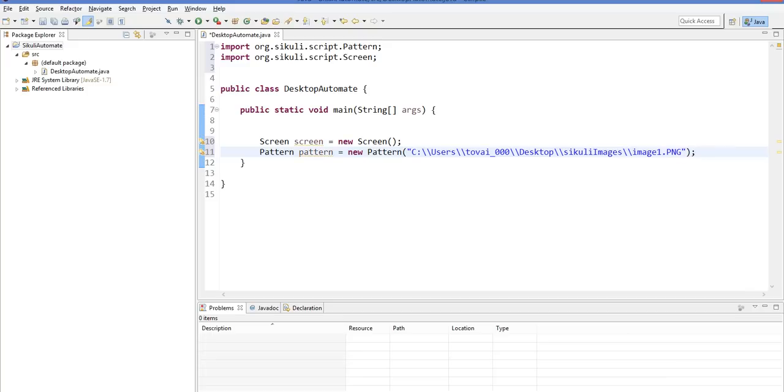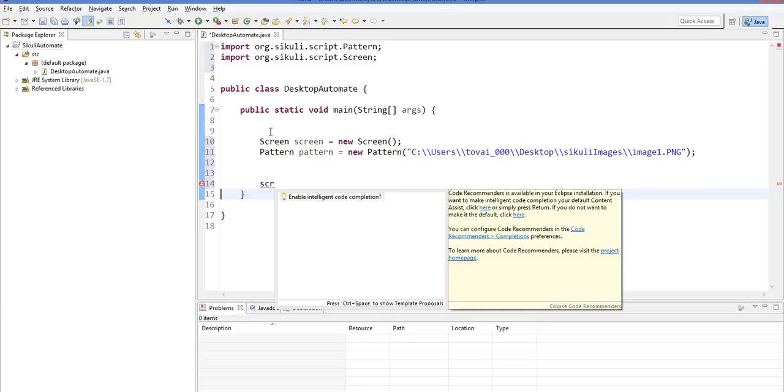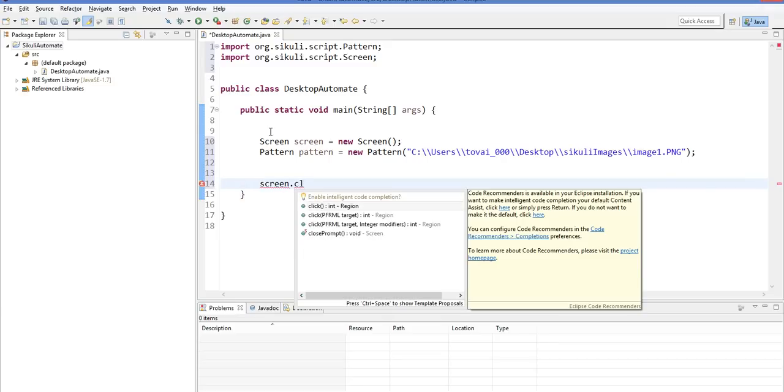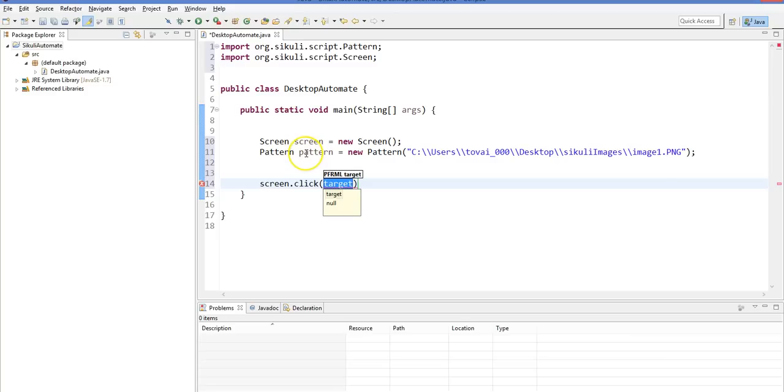Now what we want to do with this, suppose we want to click on this folder. So we use a click method for it. So we will be saying screen dot click, and on which we want to click, we want to click on this pattern. Okay, so what it will do, it will click on this. It throws an exception,